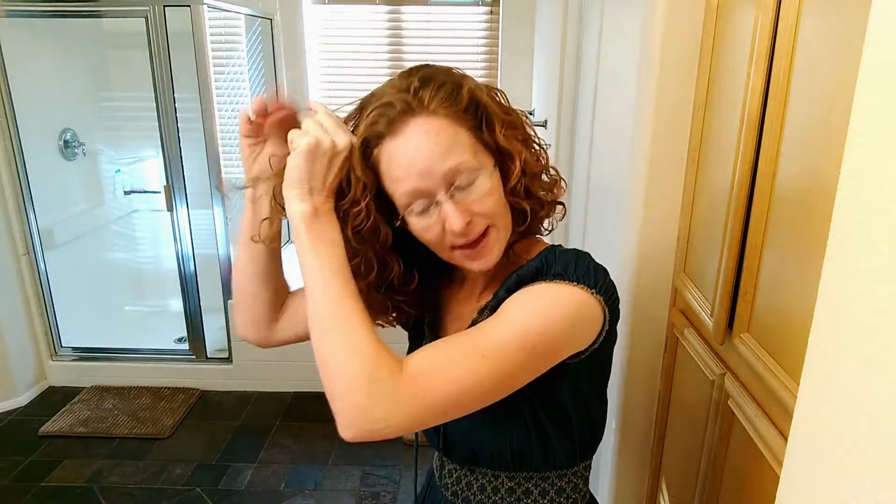I did about 3 to 5 pumps in my fingertips, and I'm just coaxing it through to smooth some of the frizzy areas. Similar technique as on the other side, saturating it and twirling a little here. I know it's not wet enough, so I'm just going to go ahead and do it like this in my hand. Make sure it really gets saturated, because as we know, to have frizz-free refreshes and not stringy hair, we need plenty of moisture, right everyone? There, because that's going to clump together a little bit better now